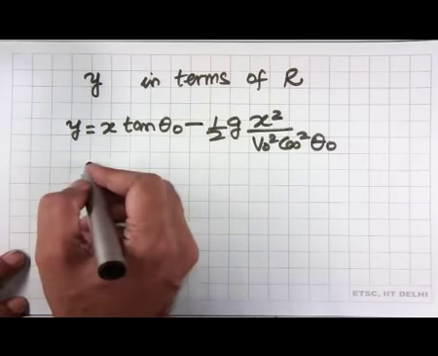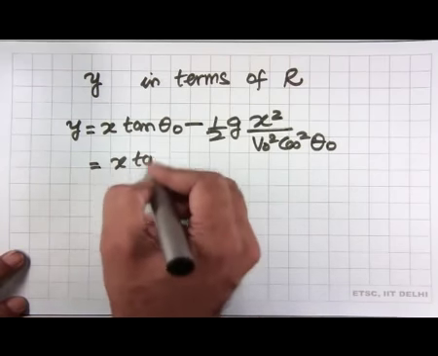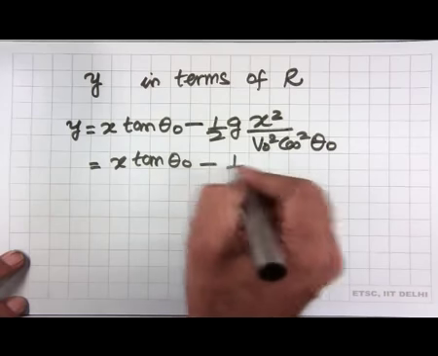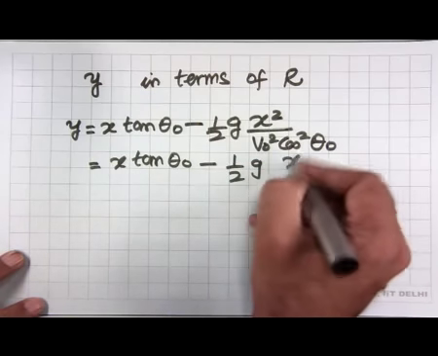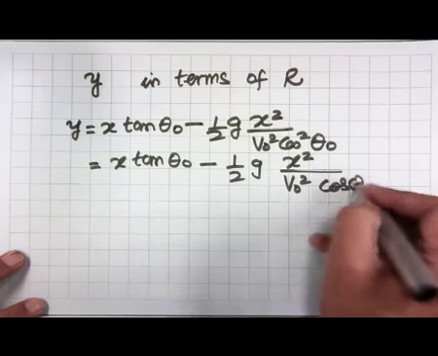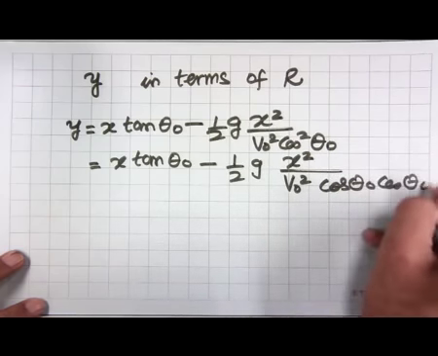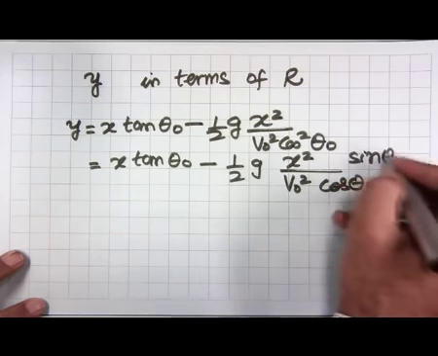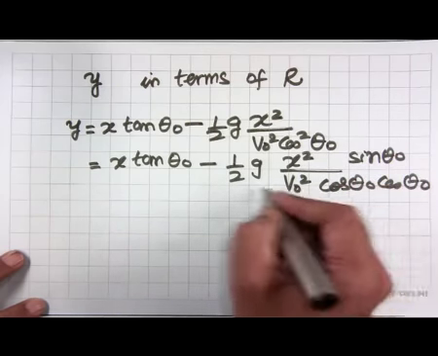So this we can write as x tan theta 0 minus half g x square upon v 0 square cos theta 0, and we multiply and divide by